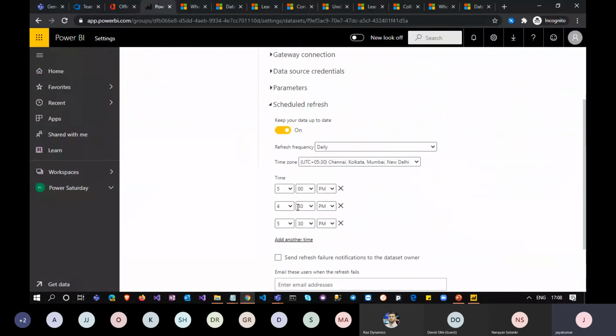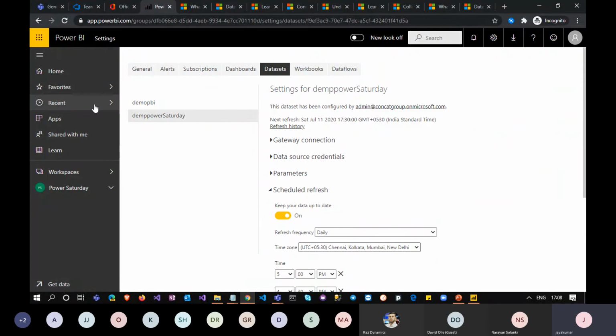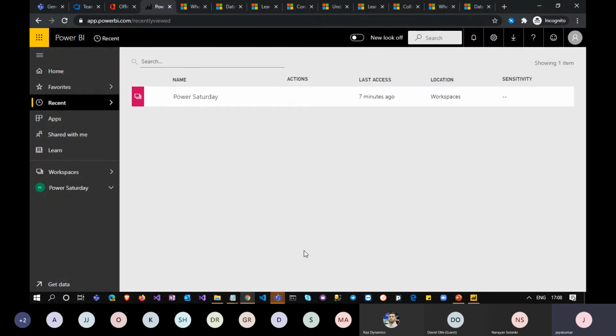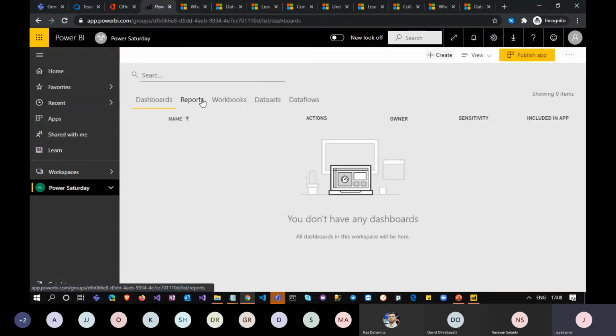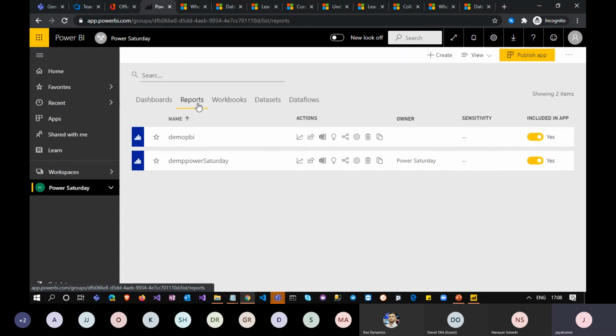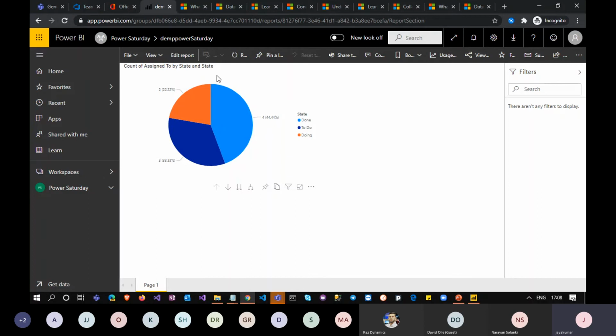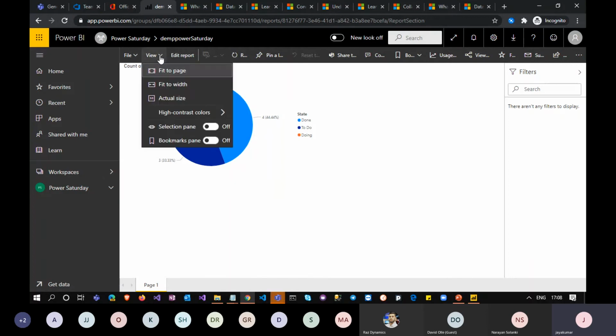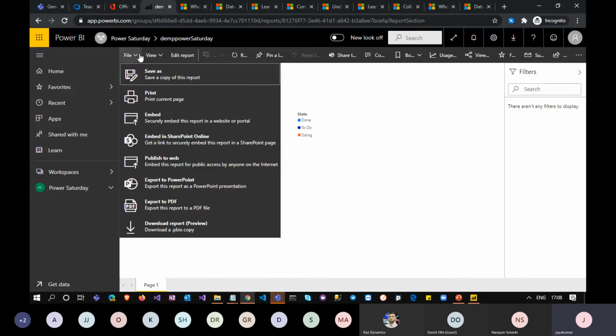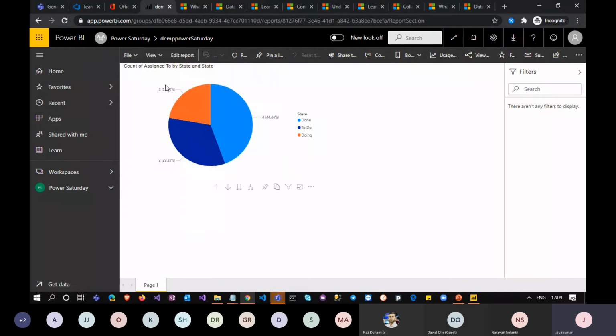Okay, so let me show you that the Power BI report we generated in the desktop will be affected here as well. You can go to your report section and find it here also. Suppose you want this report embedded with a URL as a link, you should be able to do that. If you want to integrate this Power BI report anywhere in Teams or elsewhere, you can handle the permission. It is not openly accessible.